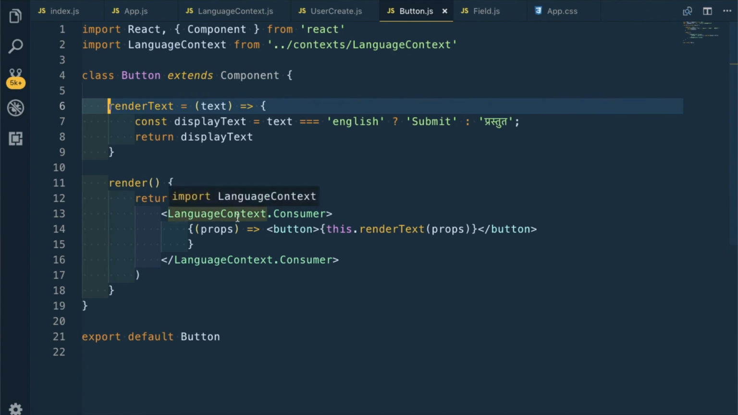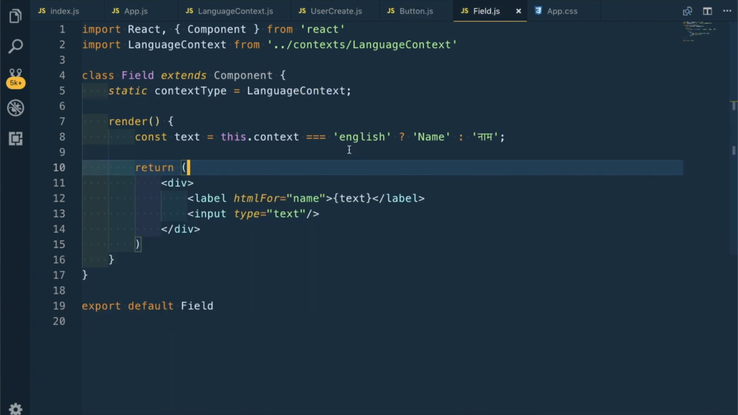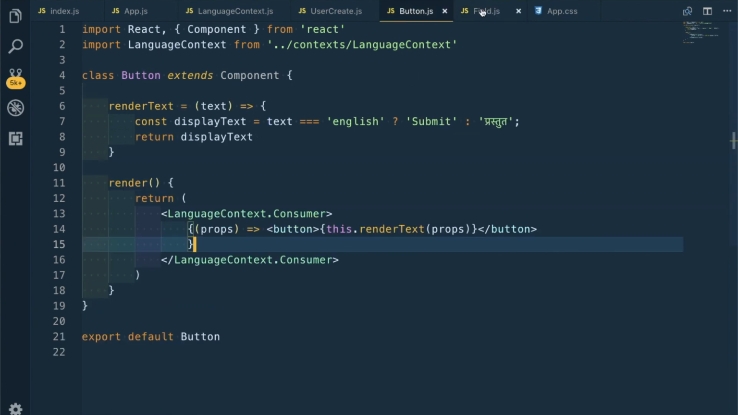The other way is that we will have access to this consumer, and then we have to wrap, we get access to this props, and then we can show it. So this is a bit ugly in comparison to this. This is quite okay, we don't have to do those extra things. So this is the new way, and this is the traditional way. So this completes our